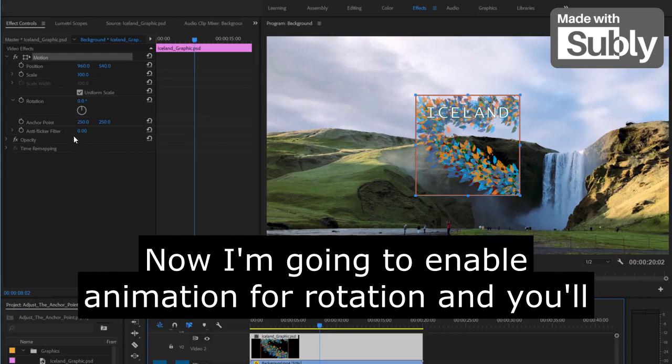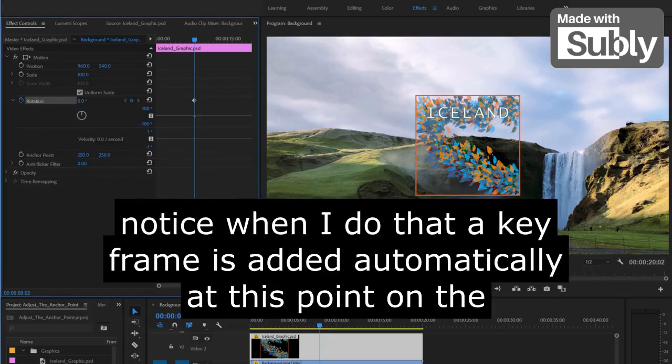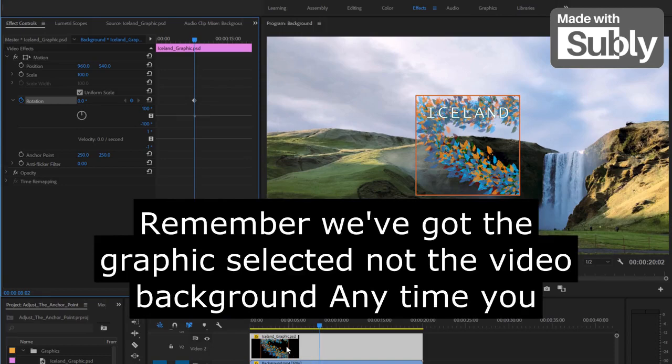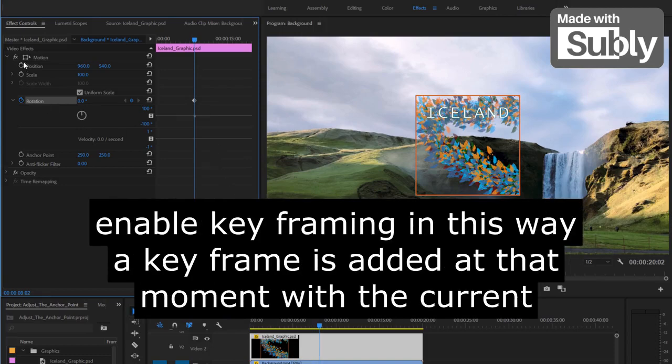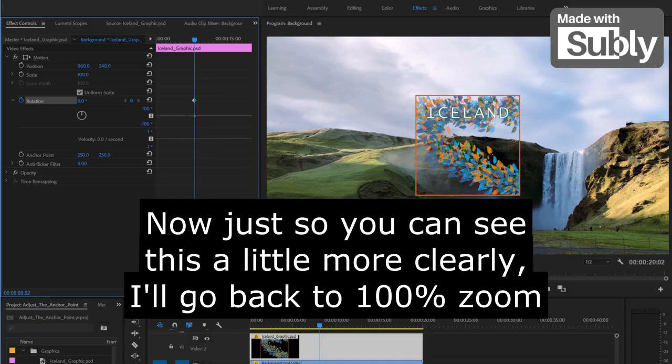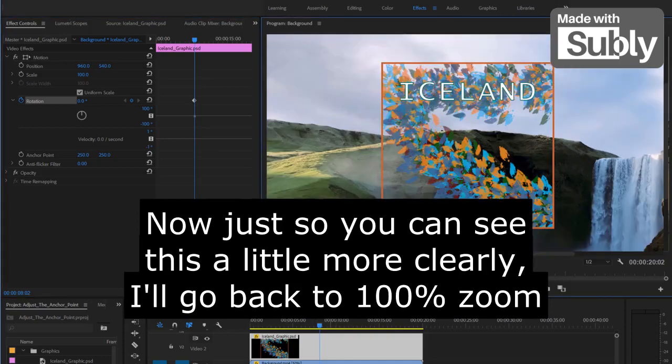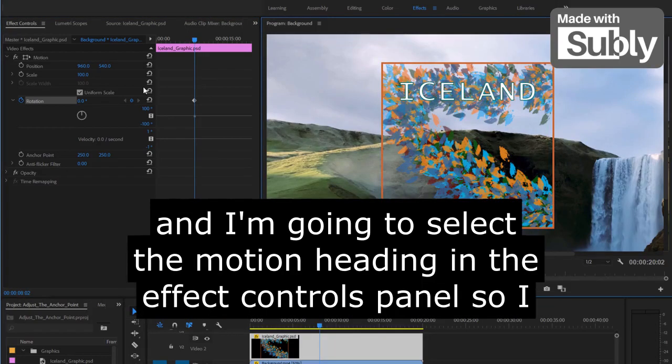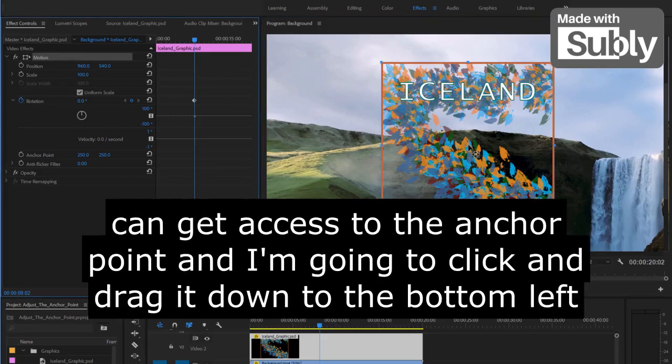Now I'm going to enable animation for rotation, and you'll notice when I do that, a keyframe is added automatically at this point on the clip. Remember, we've got the graphic selected, not the video background. Anytime you enable keyframing in this way, a keyframe is added at that moment with the current settings. Now, just so you can see this a little more clearly, I'll go back to 100% zoom, and I'm going to select the motion heading in the Effect Controls panel so I can get access to the anchor point, and